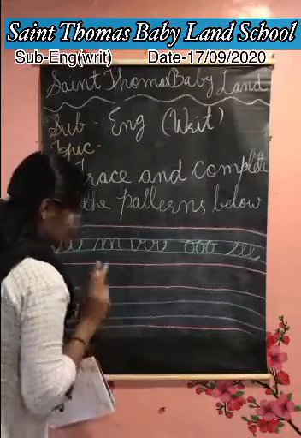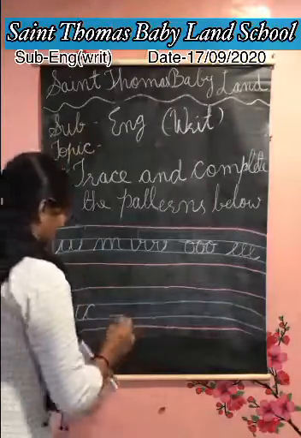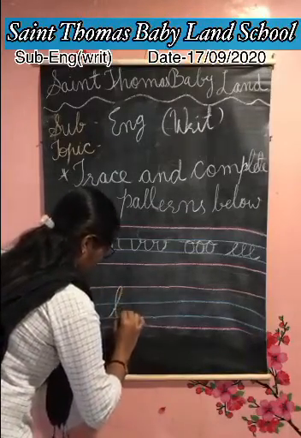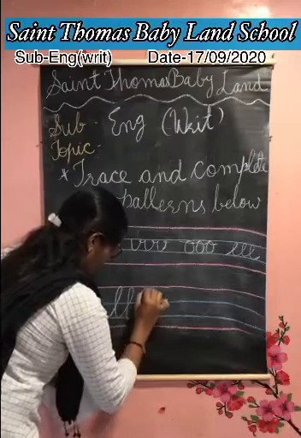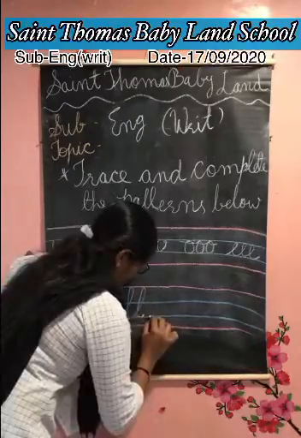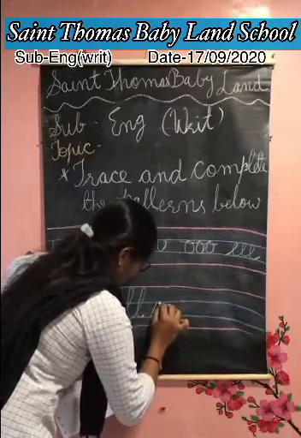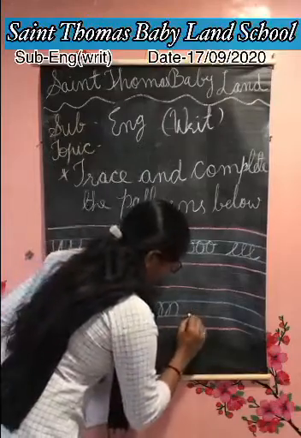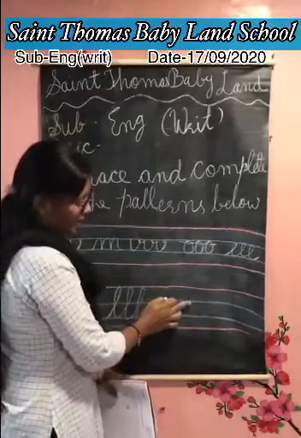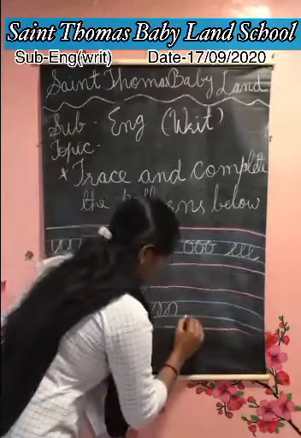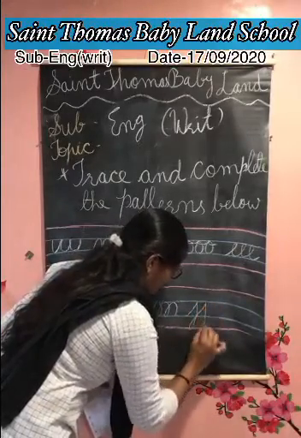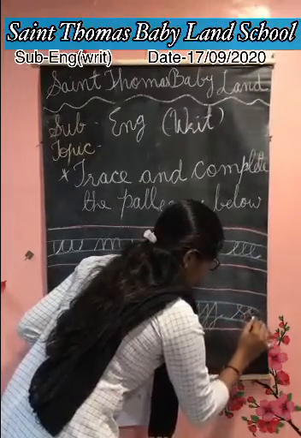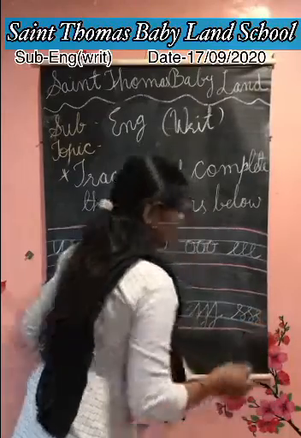This pattern you have to write in 2 lines. Red line to blue line. Start with a blue line. Go up, touch red line, come down, go up, come down, go up and come down. Like this way. And this pattern you have to write in these 3 lines. Blue line and red line. Like J. Writing 2 lines. Writing blue line to blue line.